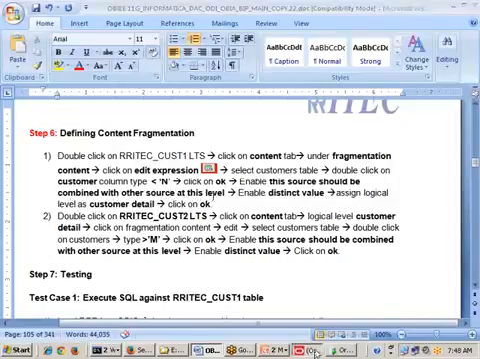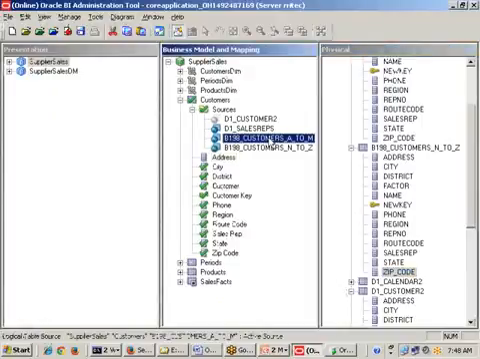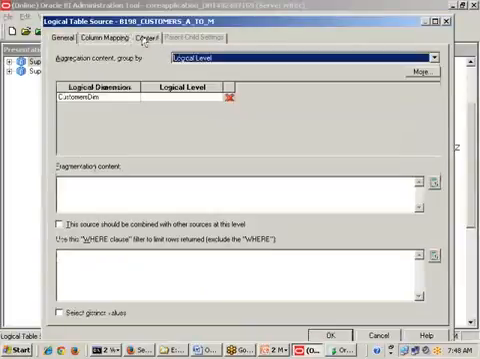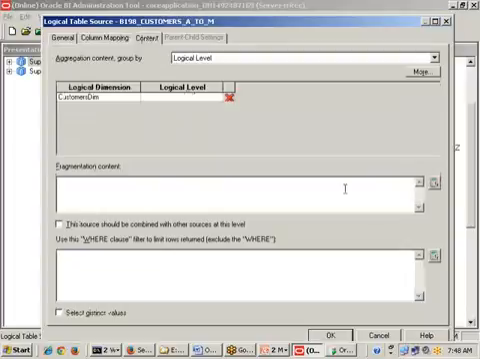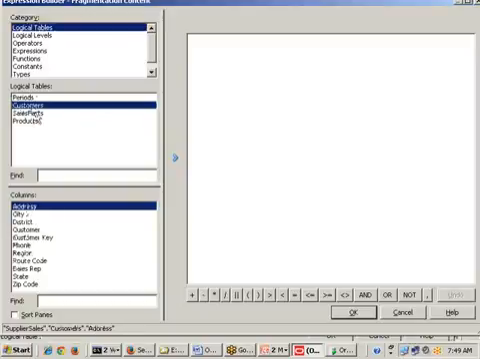I will guide you. Double click on the A to M table, whatever is available. There I have, as we know already from yesterday, the content tab. Now we need to define the fragmentation content here. The fragmentation content is logical tables, then the customers table. Select the customers table in the logical table section in the middle area, then select the customer column,